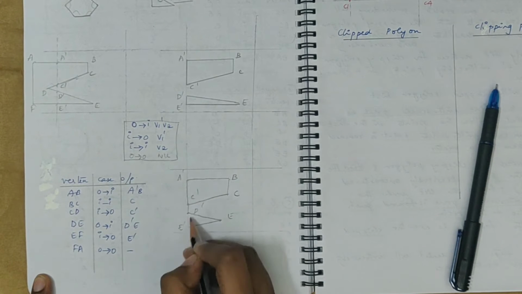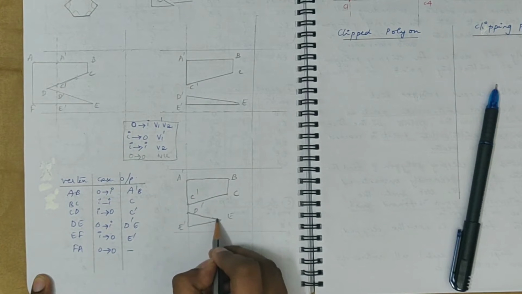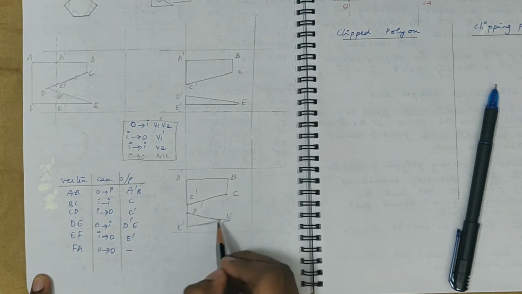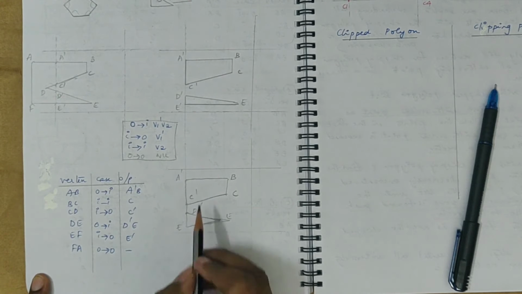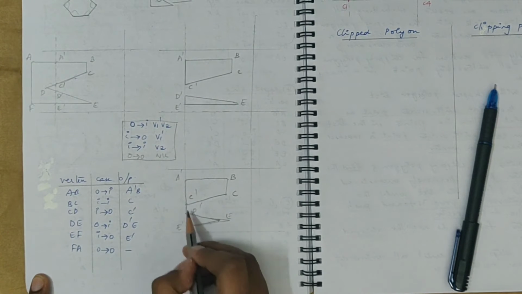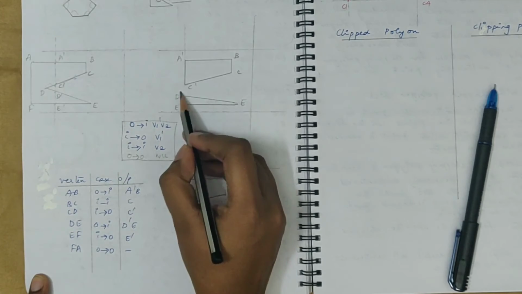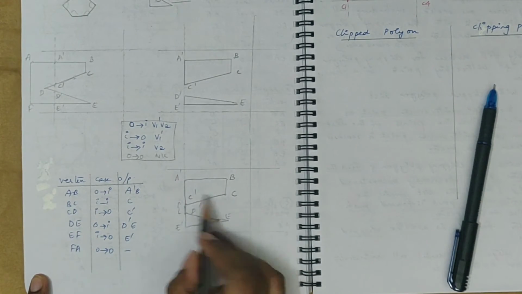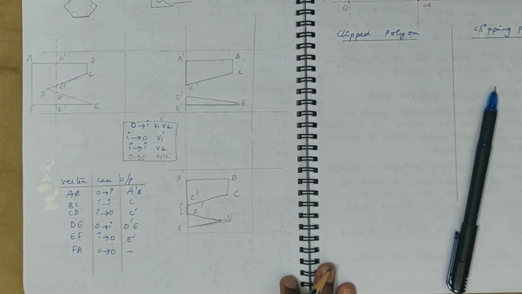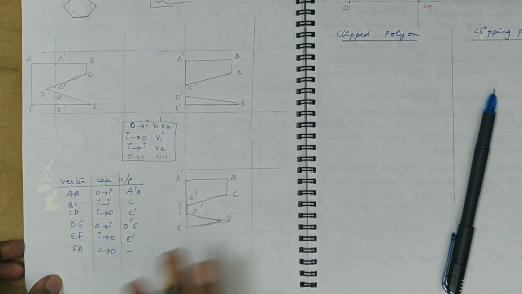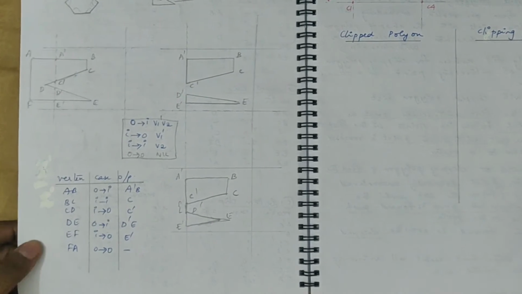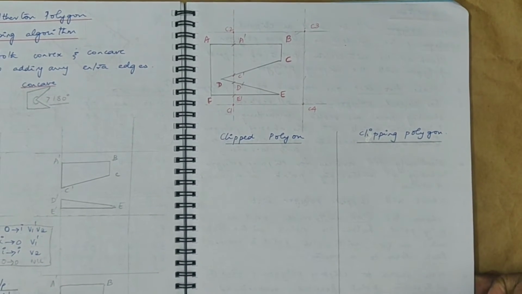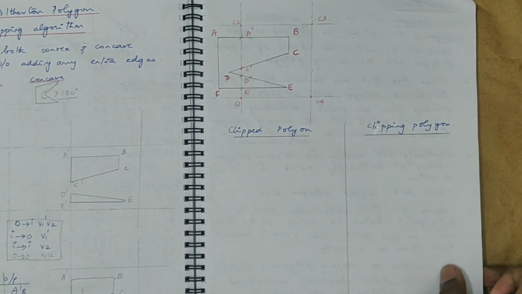So you can see that this is the output polygon, the clipped polygon, which you are getting after applying the Sutherland-Hodgman algorithm. So you have this extra edge, D dash, C dash, E dash getting added to the list, which was not needed, right? So this was one problem with the Sutherland-Hodgman algorithm. This is rectified in the Wheeler-Alderton polygon clipping algorithm.